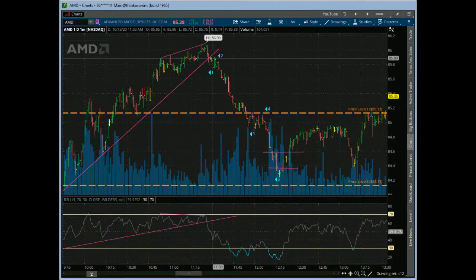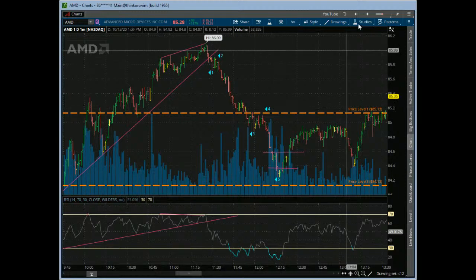So here, entry potentially off of the top of the 2, but if you still don't feel comfortable buying this one, we had another nice inside one to bring it down. And if you really want to, you can throw in an exponential moving average on here. So we like the 80 MA for intraday trades. It always helps us with